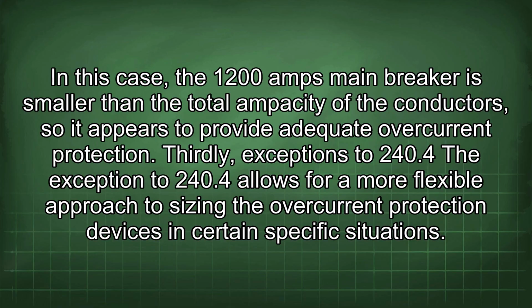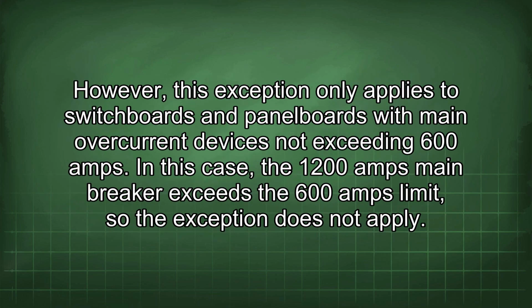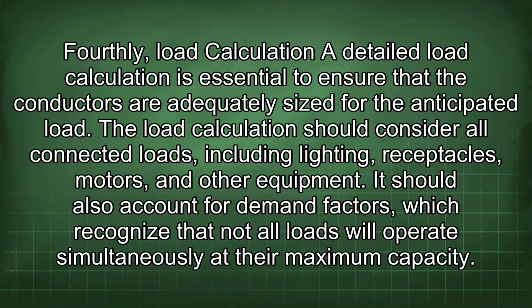Thirdly, exceptions to 240.4. The exception to 240.4 allows for a more flexible approach to sizing the overcurrent protection devices in certain specific situations. However, this exception only applies to switchboards and panelboards with main overcurrent devices not exceeding 600 amps. In this case, the 1200 amps main breaker exceeds the 600 amps limit, so the exception does not apply. Fourthly, load calculation. A detailed load calculation is essential to ensure that the conductors are adequately sized for the